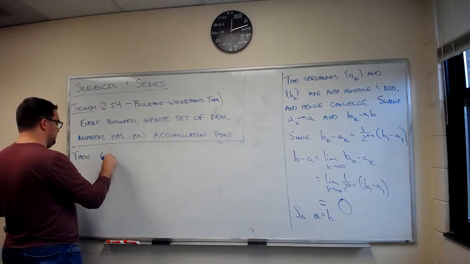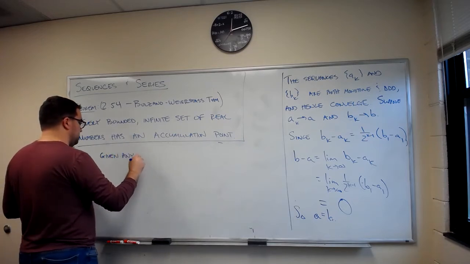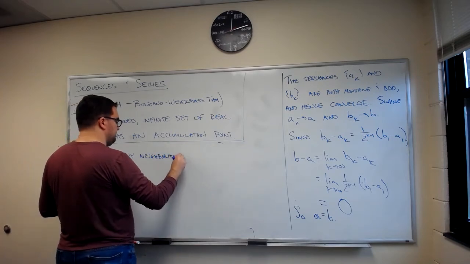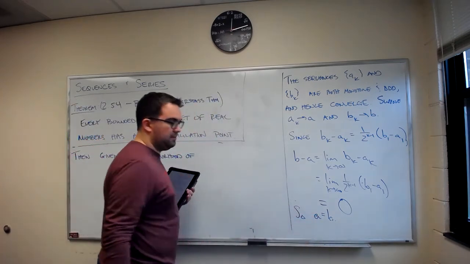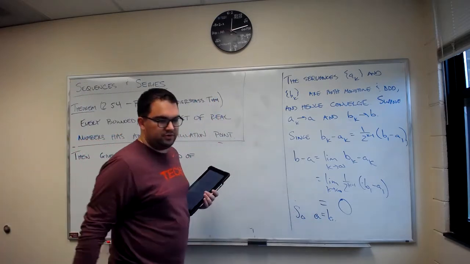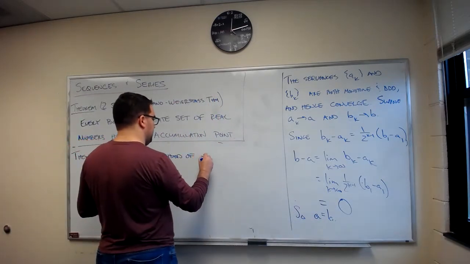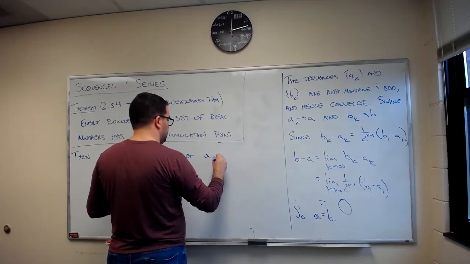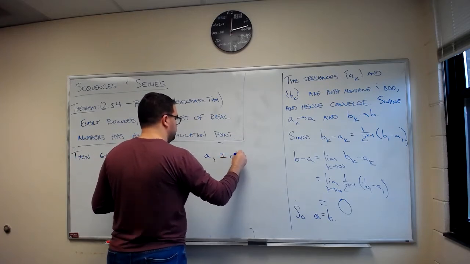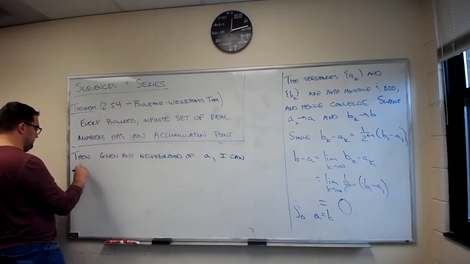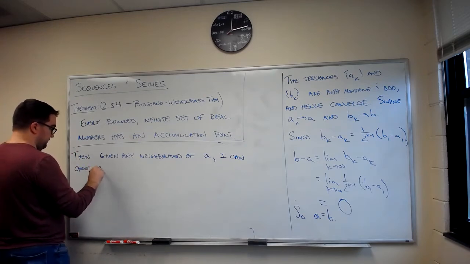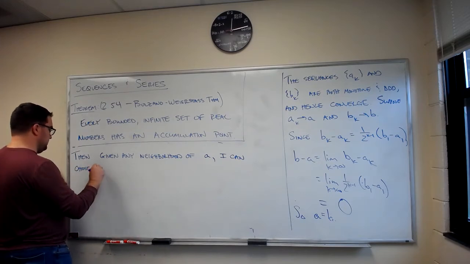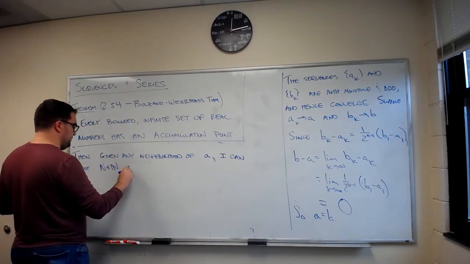Then, given any neighborhood of, I'm going to take this common point, and I'm just going to call it A from now on because they both converge to A. So given any neighborhood of A, I can choose a natural number N so that